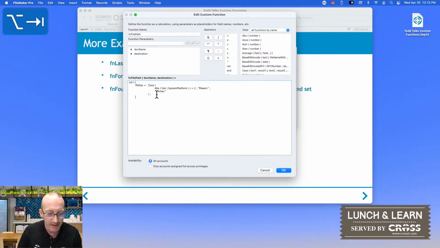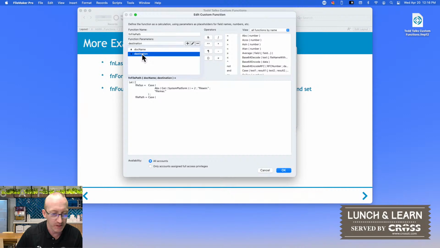All right. Now the next thing we want to look at is the rest of the file path that's between that file system and the actual document name. So I'm just going to put in another variable here, and this is another case statement. This is where we're going to use our parameters. You can type the name out, but if you have your cursor positioned where you want it and you double click, it'll fill that name in for you, so you don't have to worry about a typo messing you up and then your function doesn't work. So we're going to say if the destination is documents,